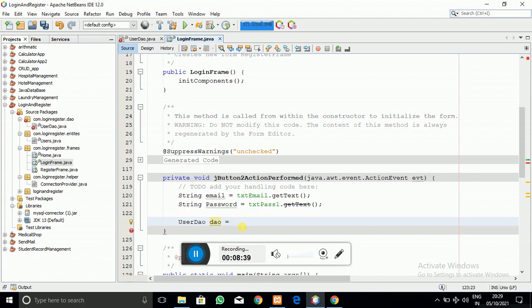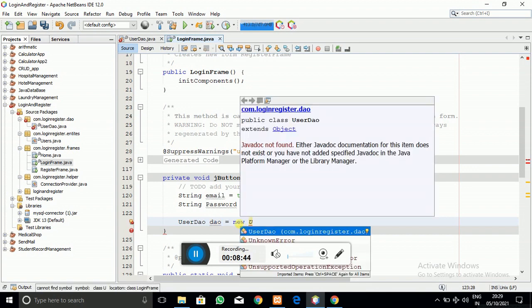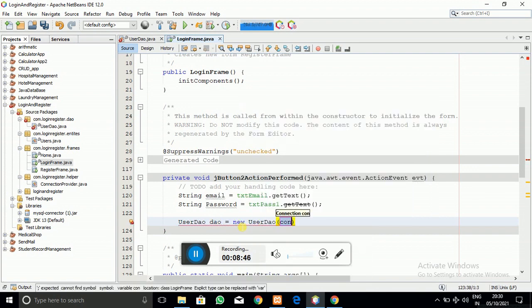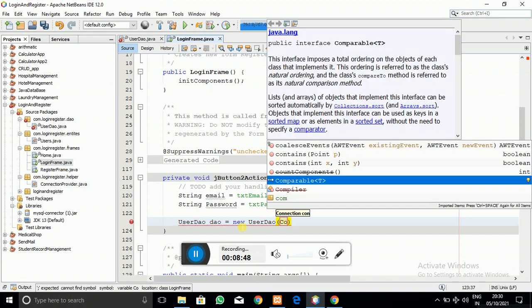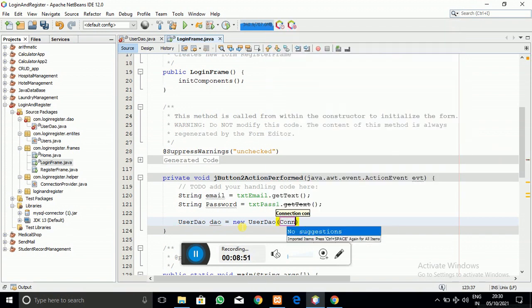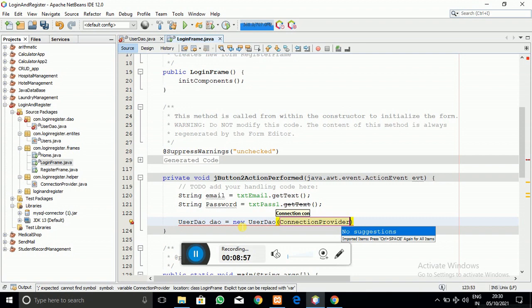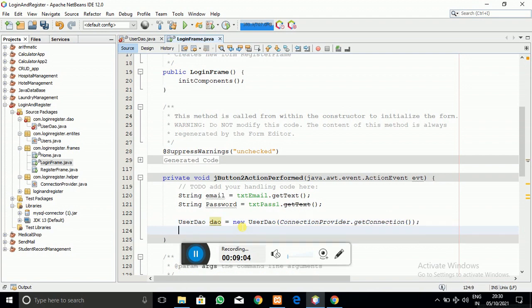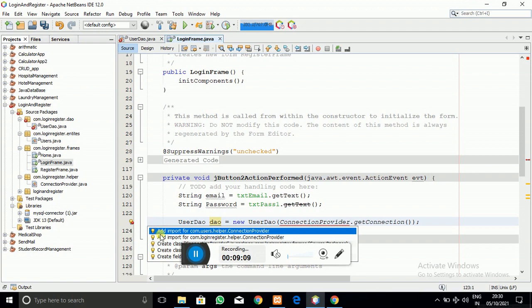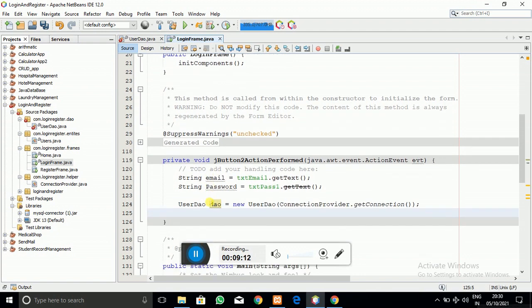User_dow equal to new user_dow, and which takes the connection object which can be provided by ConnectionProvider dot get connection method, which we have created in the helper package. Okay, so here you can see that just import that here, and our work is done.